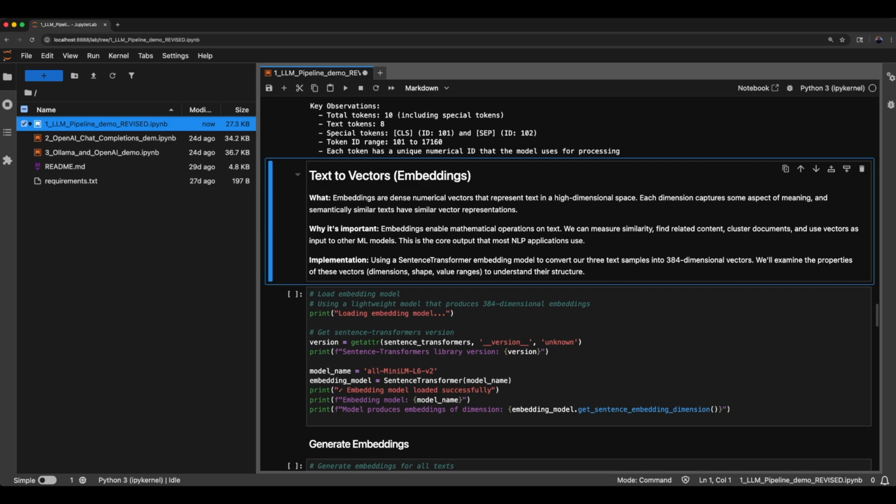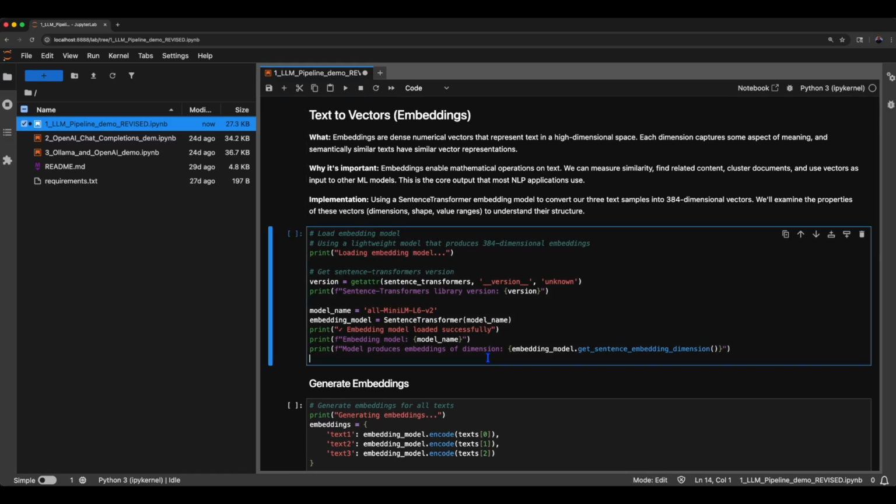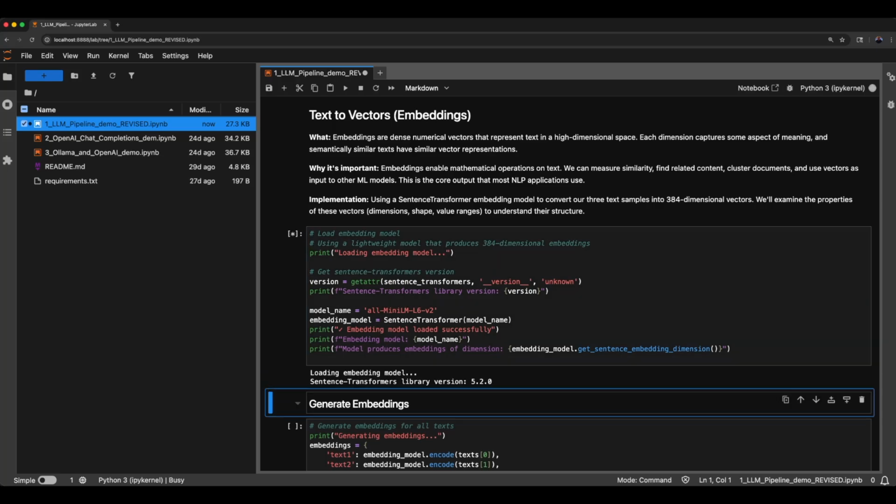Now let's look at the embeddings. So embeddings are dense numerical vectors which represent text in a high dimensional space, where each dimension captures some aspect of meaning and semantic similarity between the texts. Here we're using the all-MiniLM-L6-v2 sentence transformer to convert the text samples into 384 dimensional vectors. All-MiniLM-L6-v2 is a popular deep learning model used for creating dense vector embeddings of sentences or paragraphs. So let's run this cell to load the model,